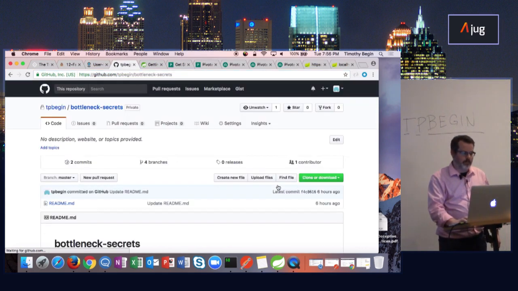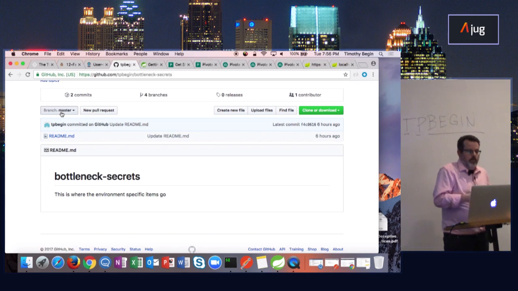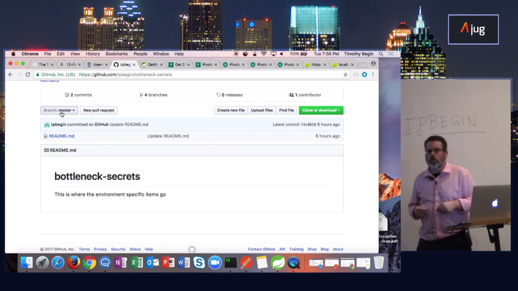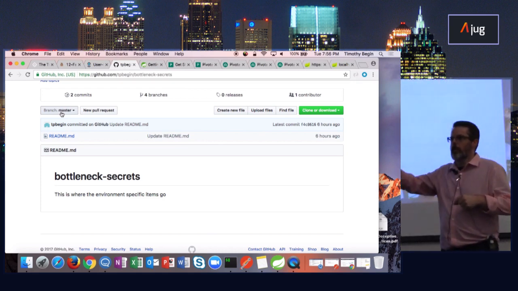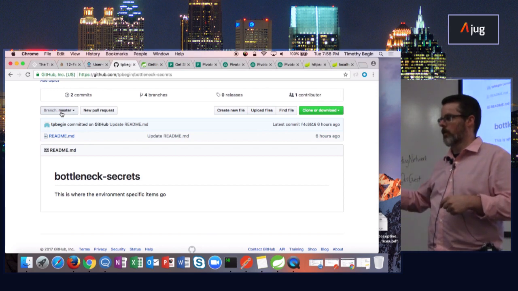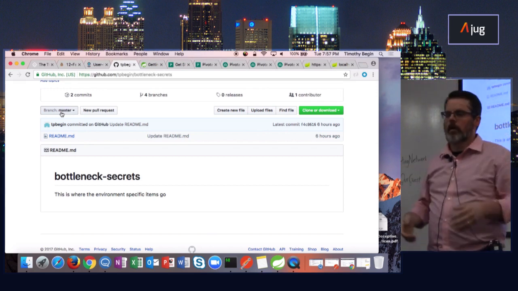So what I have done is, you'll notice I have my master branch. In the master branch, this is where the environment-specific items go in bottleneck secrets. So if I have a deploy script, say I want to deploy something, I should always be deploying this the same exact way to every environment. So that means that this should be up at my master branch.